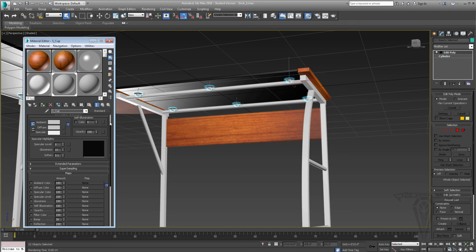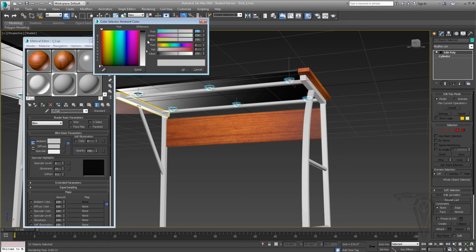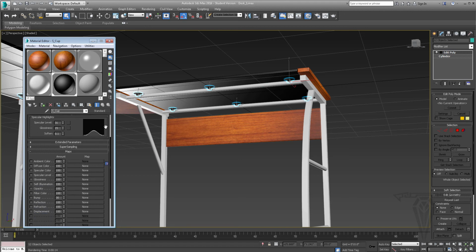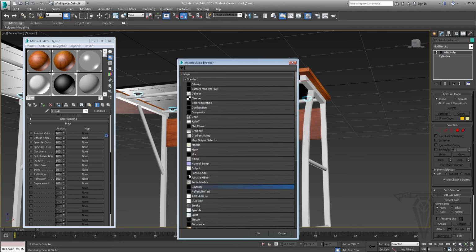Okay, let's jump back up to the top here. The ambient, I'm going to switch back to black. And diffuse, I should say. Increase some specular on it, but this one is not going to be hot or as thin as the glass because it's plastic, so it has a broader reflection area. Scroll down to, we're going to use refraction this time, not reflection. We'll use ray trace, click open,